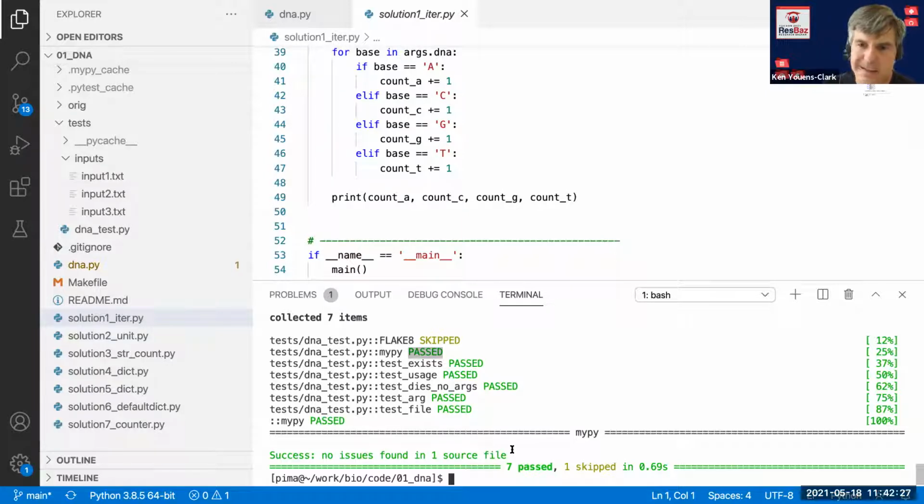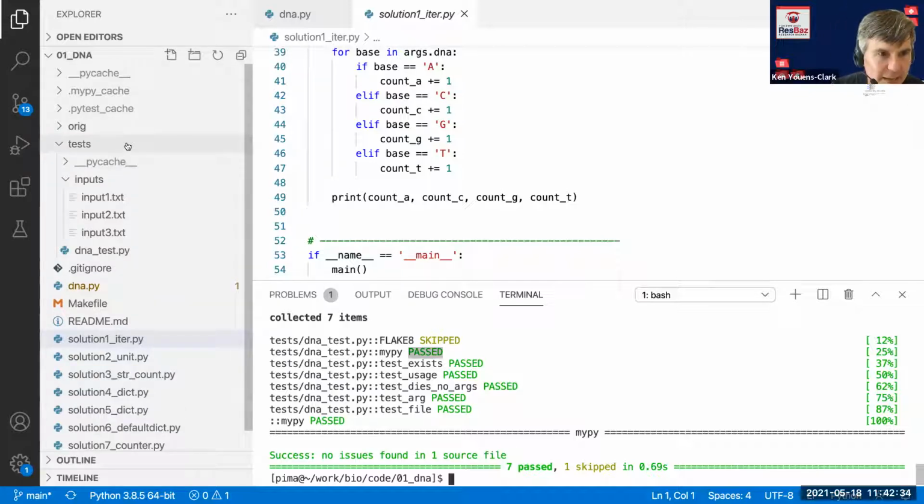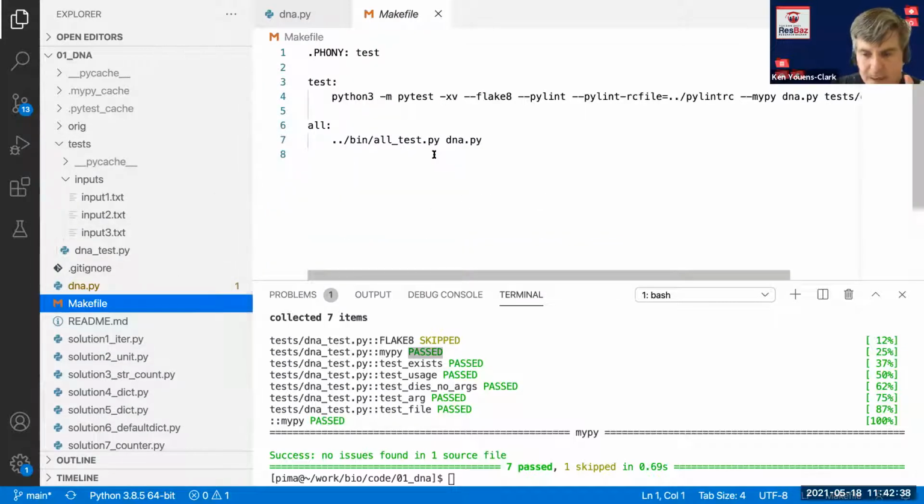But that's a lot to type every time you want to run the test. So I have created something I've added in every single directory. There's something called a makefile. And I have a whole appendix. The first appendix in the book spends a few pages trying to explain what make is and what a makefile does. But essentially, it's a way of creating a little shortcut.